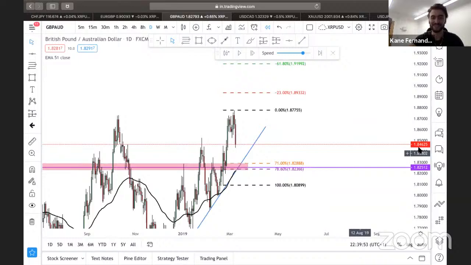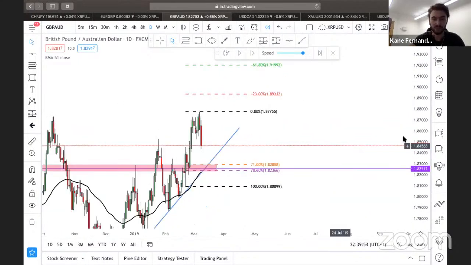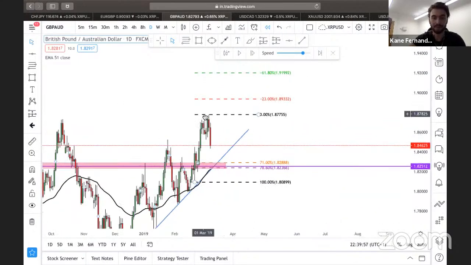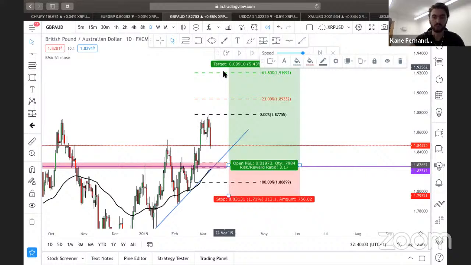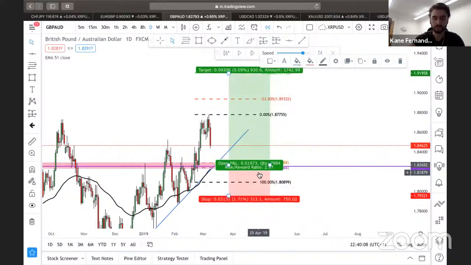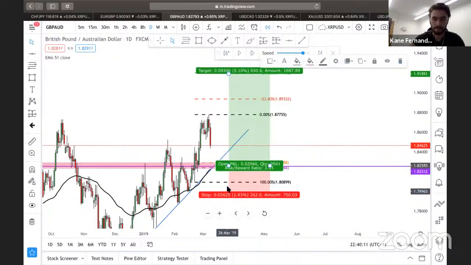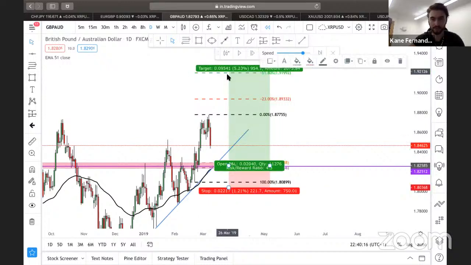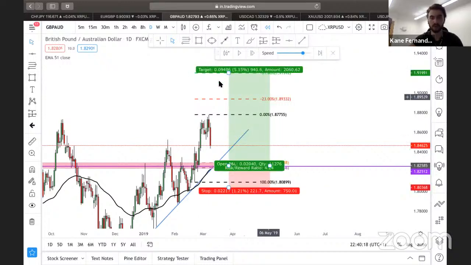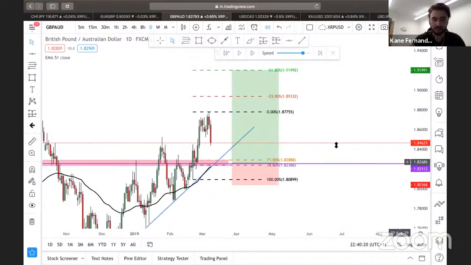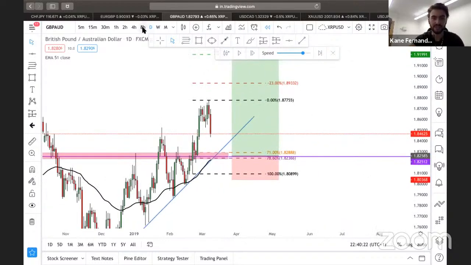But yeah, so then I look for a long position if we can see price coming back into our zone. Remember, the significant time frame is the higher time frame. So the daily is more significant than the 8 hour, and the 8 hour is more significant than the 4 hour. So my stop's about that. So it's a 4.2, or maybe a bit bigger, 4.24. And then I'll be looking for, let's say we're on the 8-hour time frame,